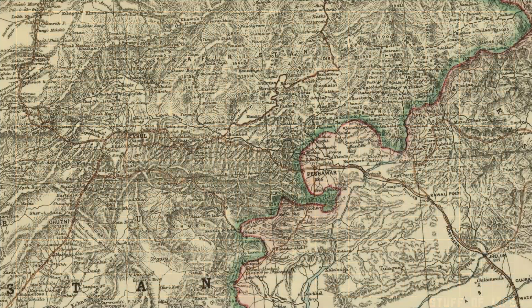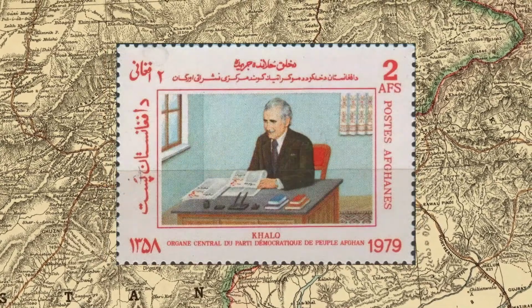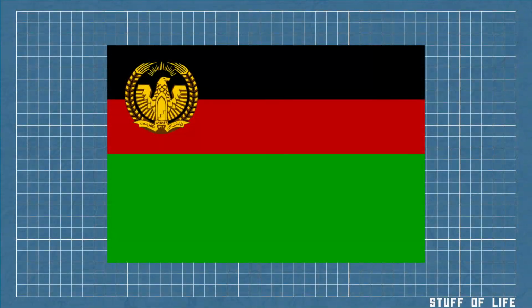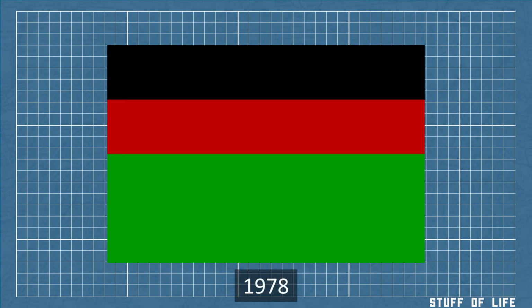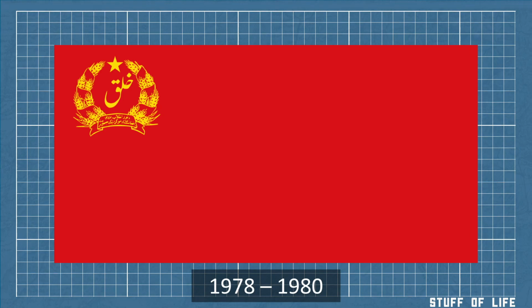seal. After a coup in April 1978, the Democratic Republic of Afghanistan was established as a communist state. For almost 6 months, the same flag flown in the Republic was kept, but the seal was removed. After that, a completely new design using a monochromatic red flag with a seal in the canton was put into